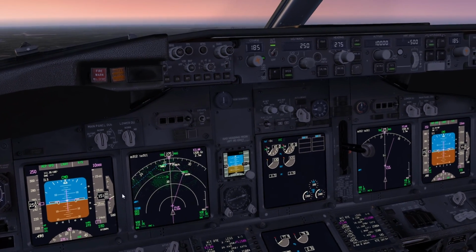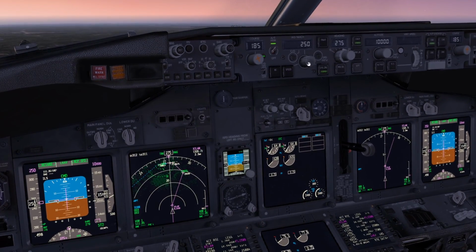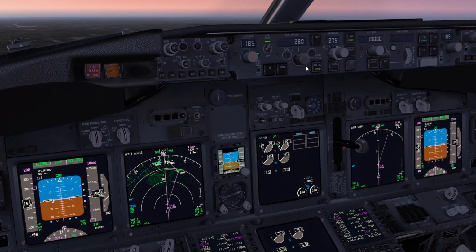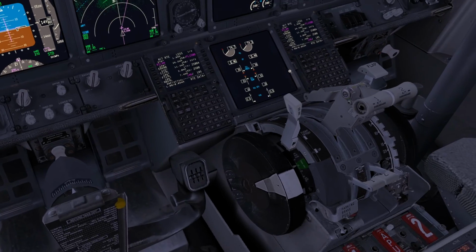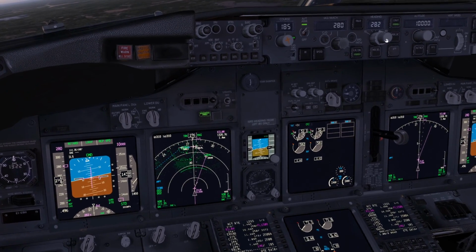So what we do, we have been cleared to flight level 100. We go to level change. We increase the speed because we are still below flight level 100 and we extend the speed brake. We're turning towards Erken